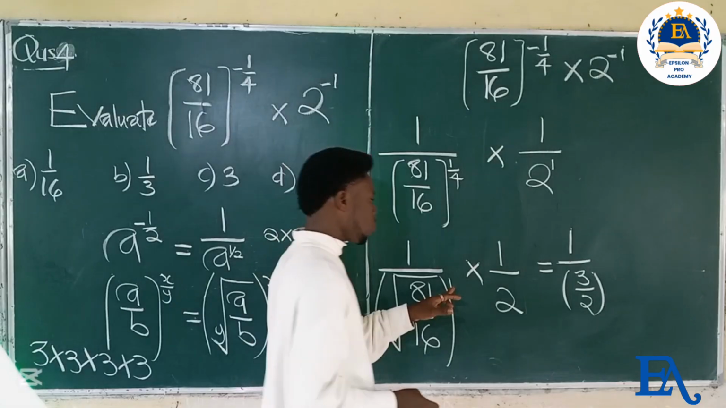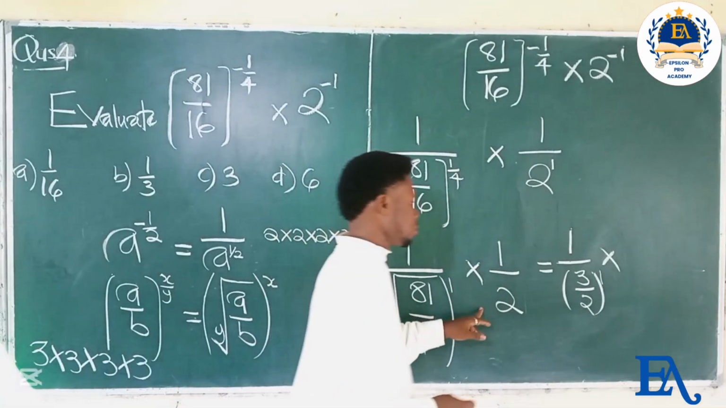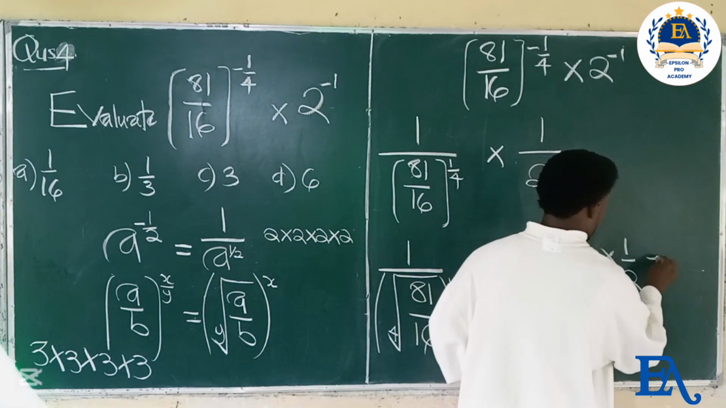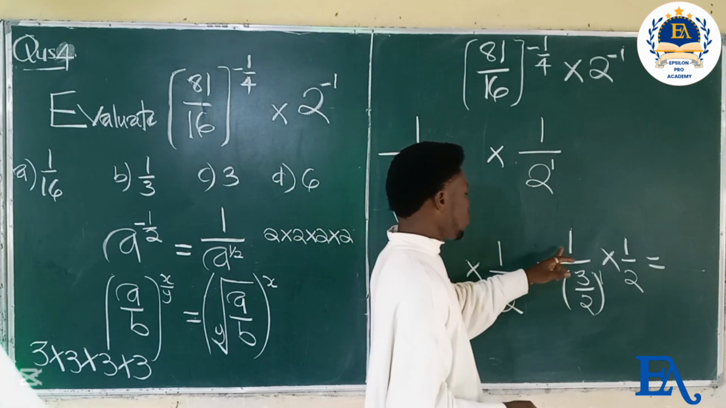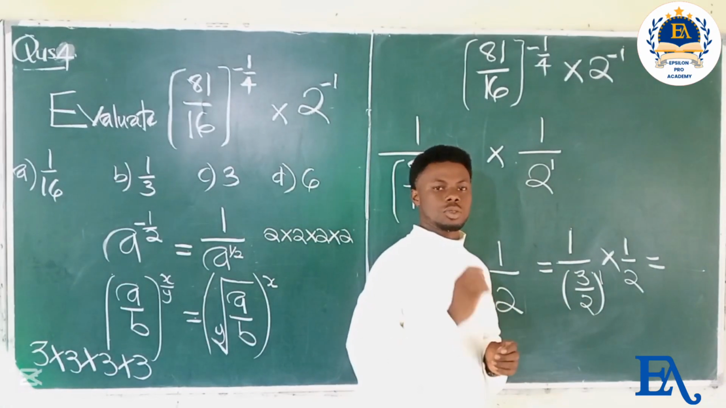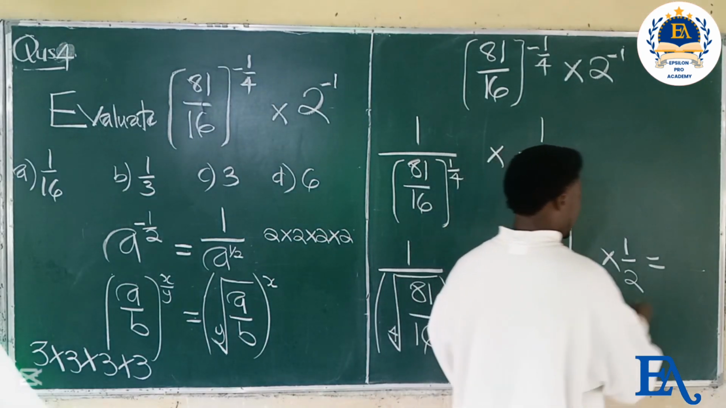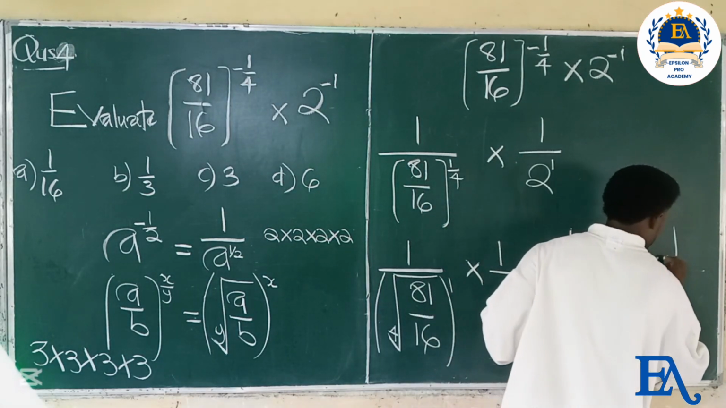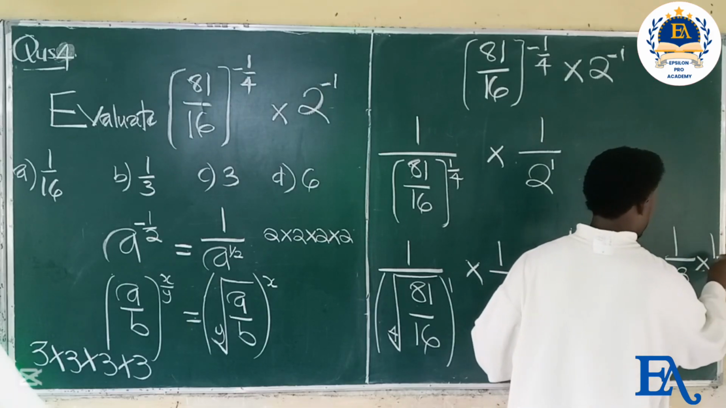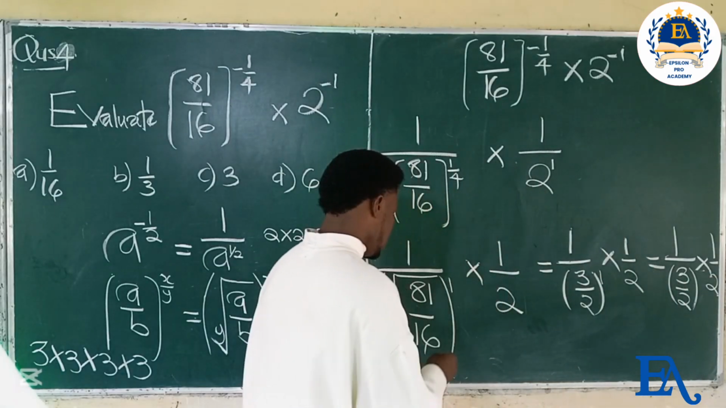raised to the power of 1 times 1 over 2. So this becomes 1 over, remember, when a quantity is raised to the power of 1, the result becomes the same quantity. So we have 1 all over 3 over 2 times 1 over 2. Alright, so next step,